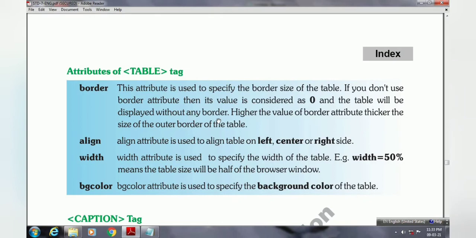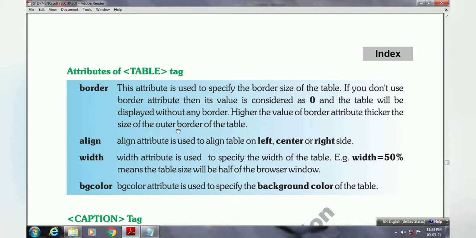The higher the value of the border attribute, the thicker the outer border of the table. Basically this border attribute is used to set the border around your table, and if you specify a higher value, the thickest border will be there.